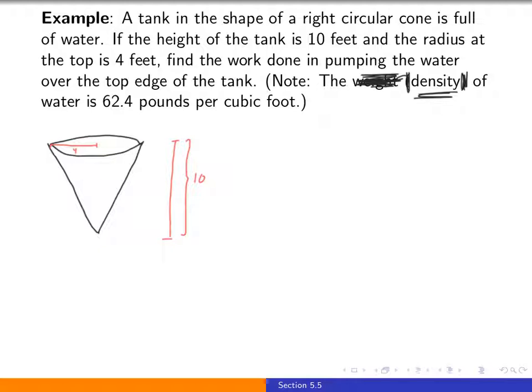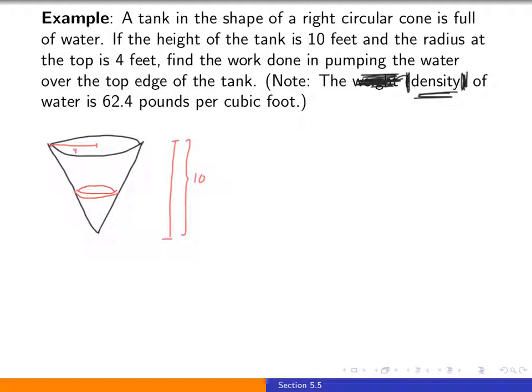Now, in order to set this up, I'm going to go back to the basics and think, well, we want to use a definite integral. So what we're going to have to do is think about taking all of the water in the tank and dividing it up into a bunch of little thin slabs, and then think how much work is required on one of those arbitrary slabs. So when you break it up into a bunch of little slabs horizontally, you have this arbitrary